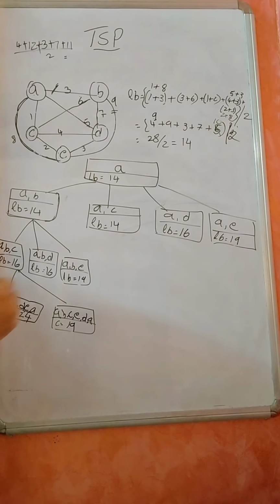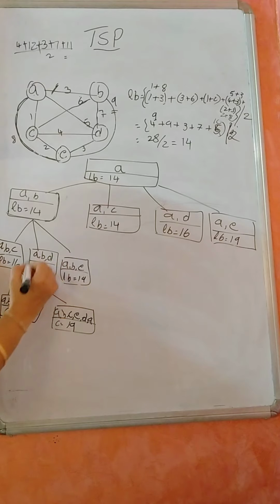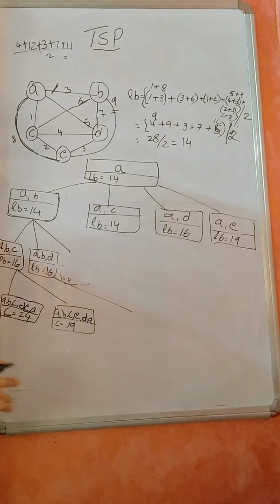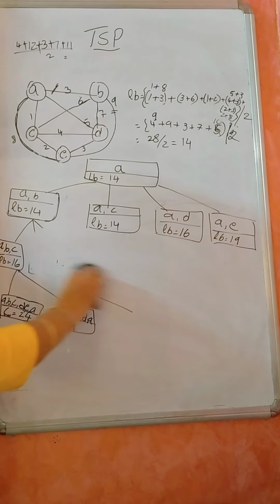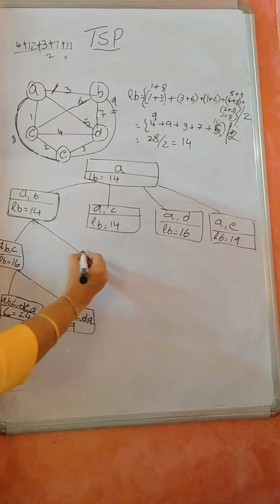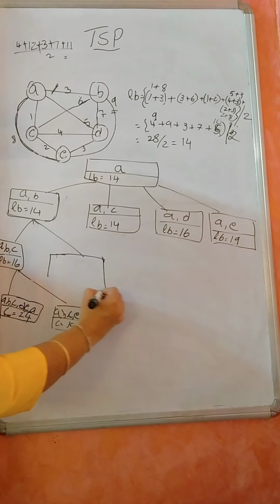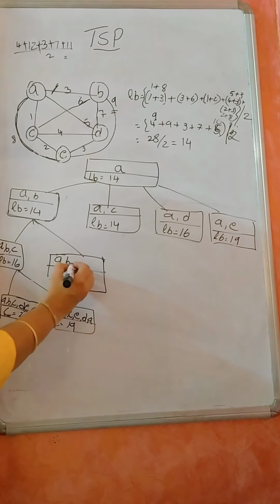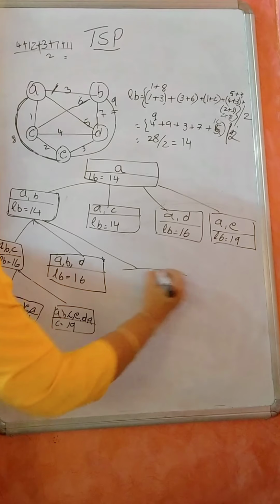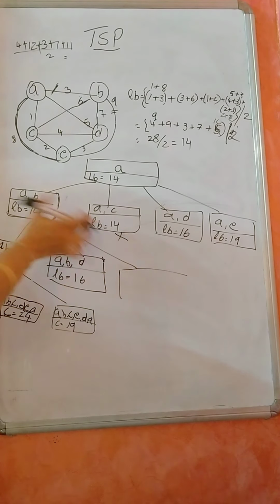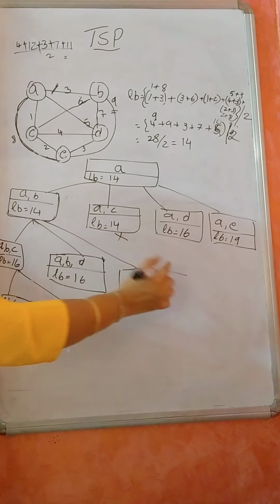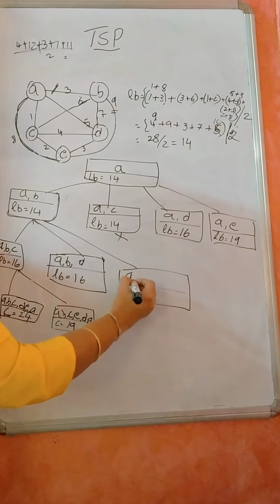Got it? So now I'll take this particular branch and compute what options you are having. I'll write it properly. Wait. That's why while writing this solution space tree, you take it horizontal. A to B, B to D is fixed. So what is the lower bound we got? 16. Now I'll not expand this. Both are same. I'll go to this particular branch and expand. Expand this branch also. Since there is no space, I am stopping over there.